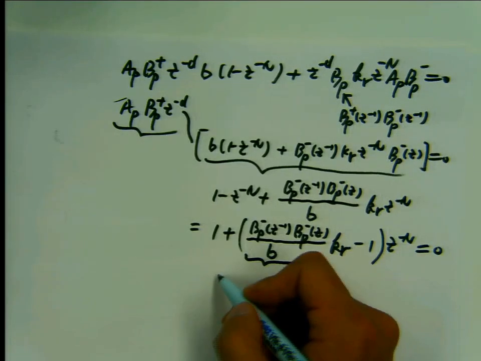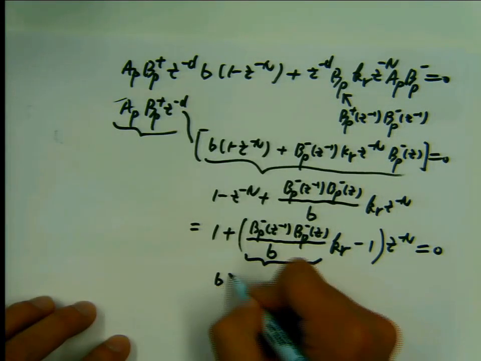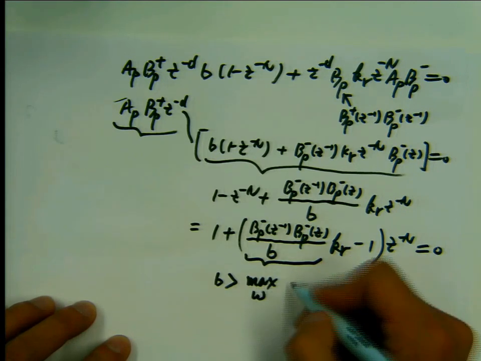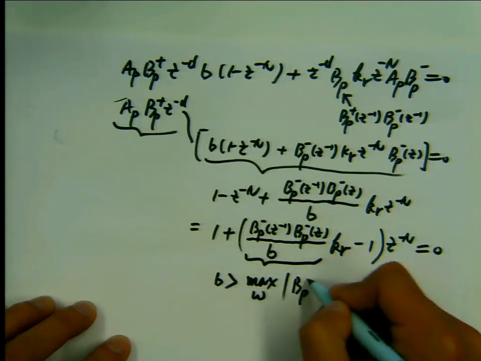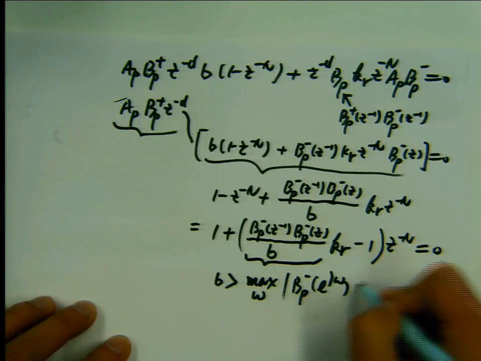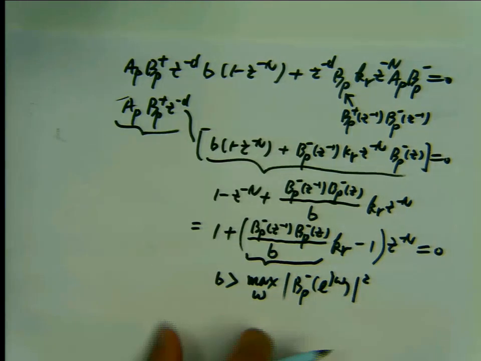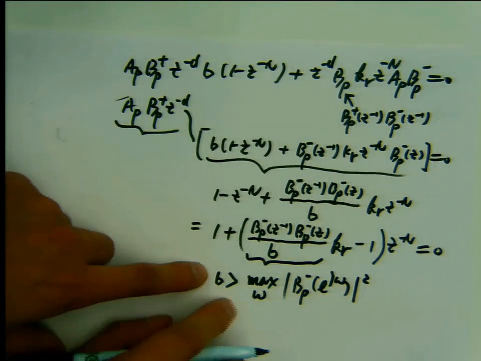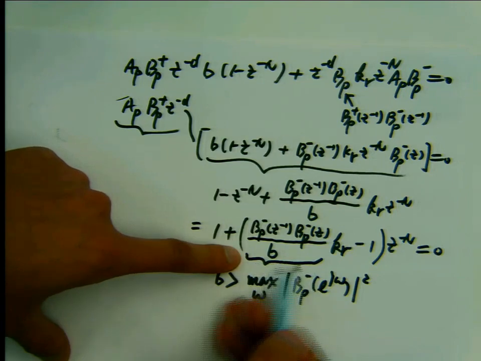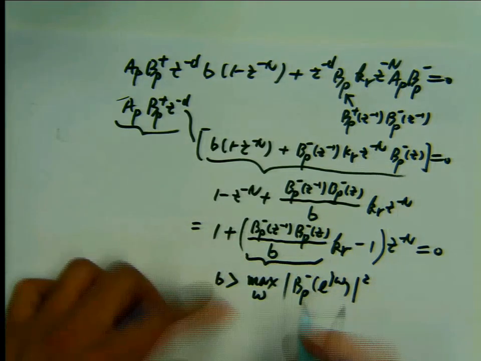The assumptions of B are B larger than the maximum of omega, BP negative e^(j omega) squared. If I have this assumption, what will be the magnitude of this term B? Less than 1, because